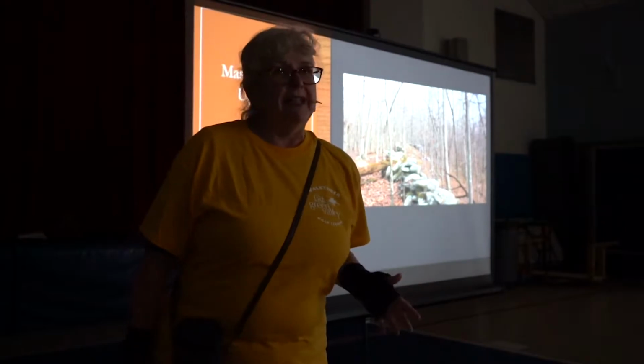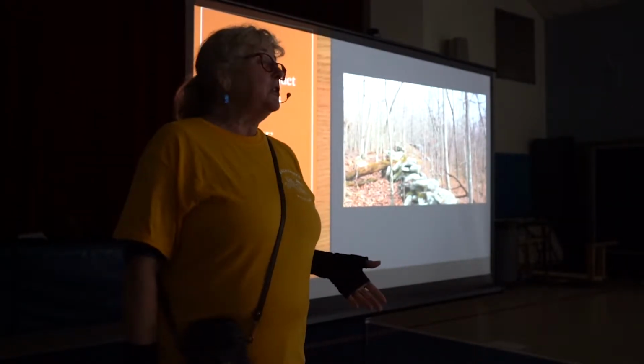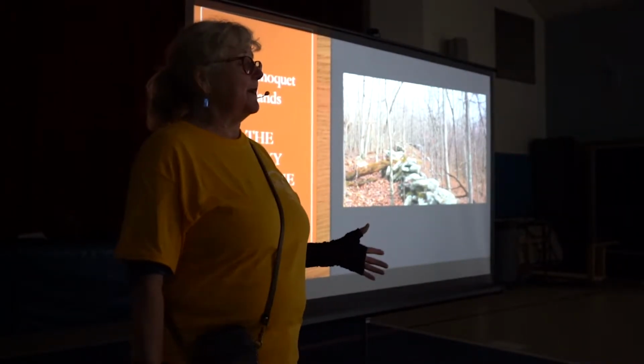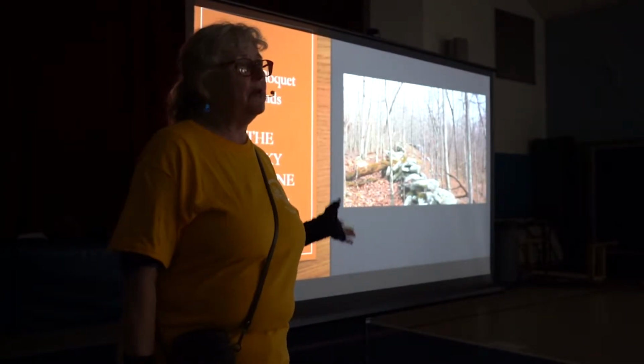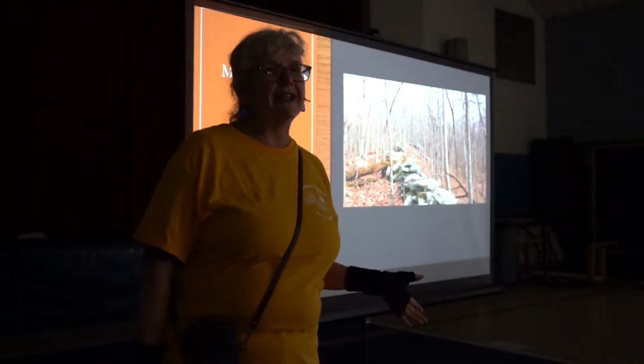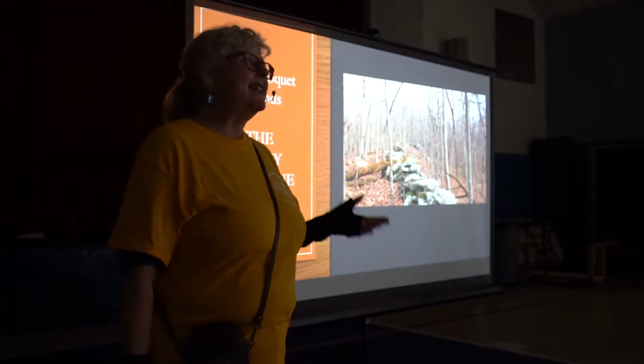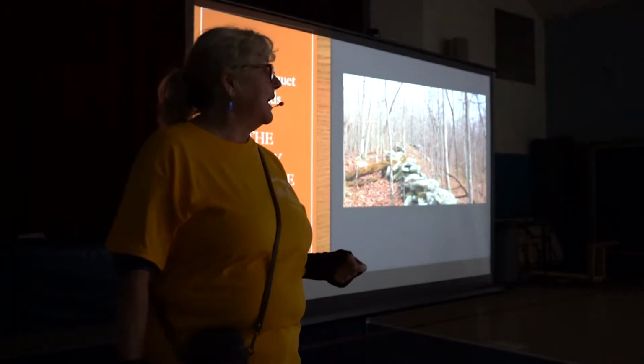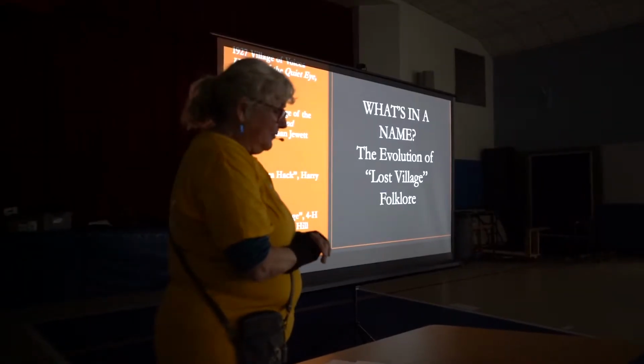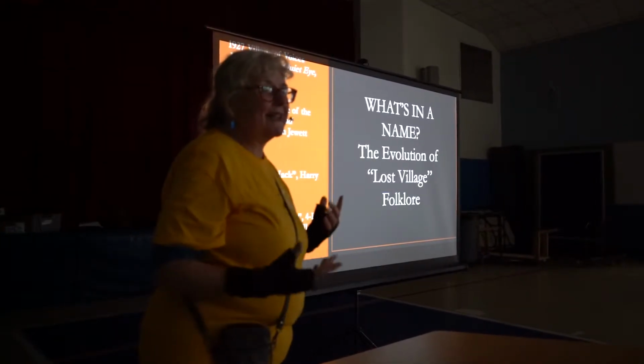It's not the best farmland. Some of it's arable, and you can see where there were pastures for cattle. There's barbed wire that went well into the 19th and 20th century. But the land does not lend itself to cash crops. So from the shape of the land, I want to go into what's in a name.